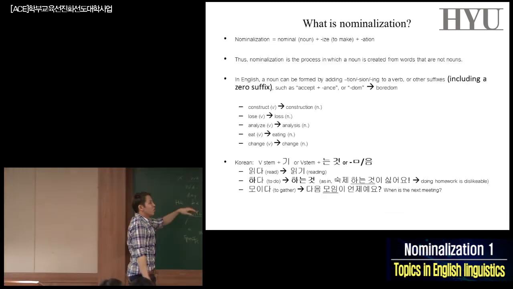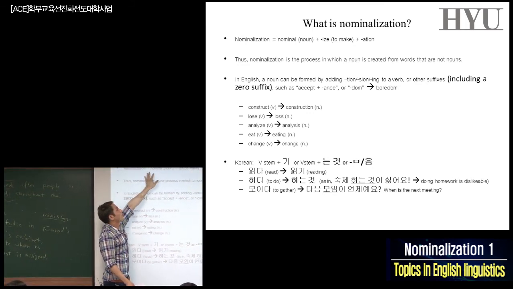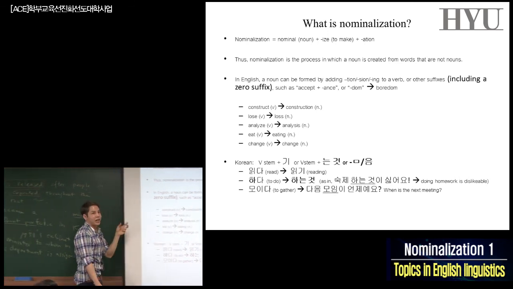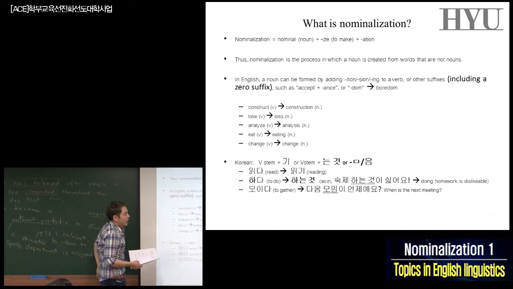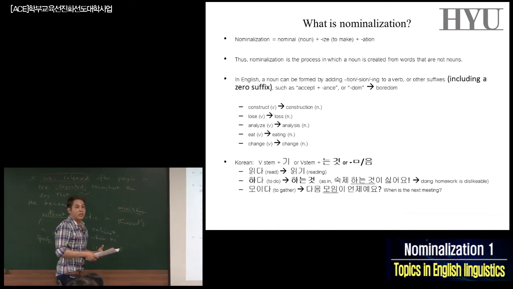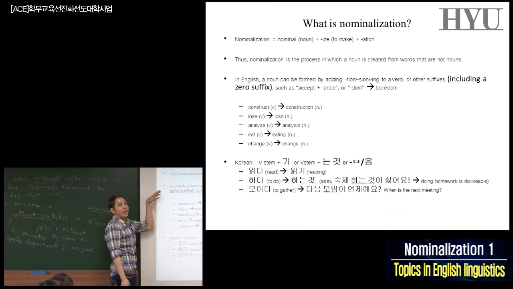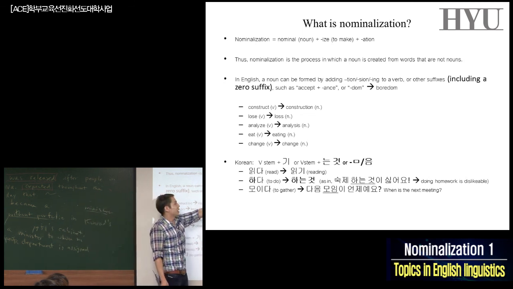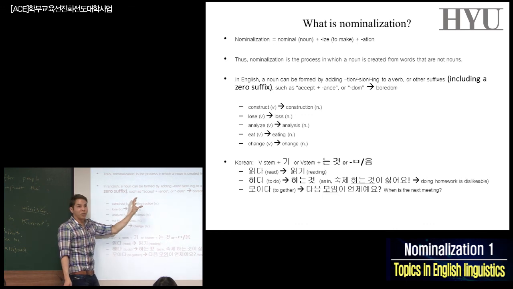Okay? So what is nominalization? Nominalization, you have nominal, which is noun, right? Ize is to make, and ation, that's a noun suffix, right? So the process in which a noun is created from words that are not nouns originally. So that's what we call nominalization. In English, you can create nominal forms using so many suffixes, right? Tion, sion, or ing. You add these to a verb, right? Depending on